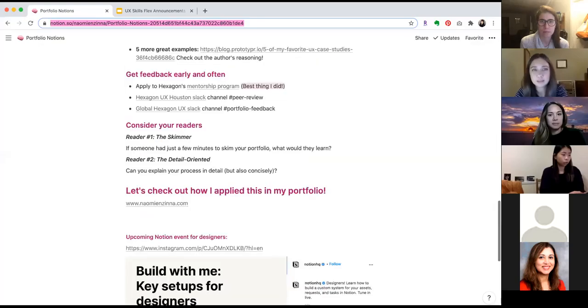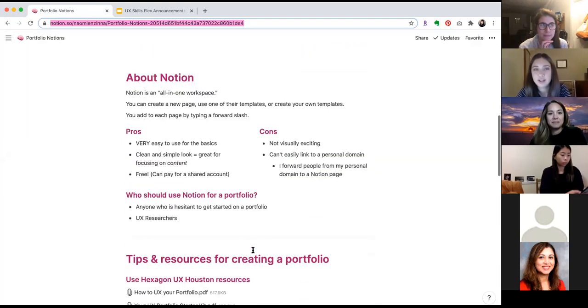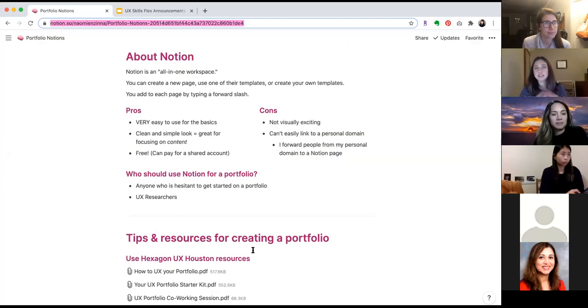You can make slightly more exciting pages than this, but not too much more exciting. That's kind of the beauty of Notion. It's very simple and easy and flexible. They call themselves the all-in-one workspace. And I think that's because they seem to be really tailored towards project management and kind of habit tracking,